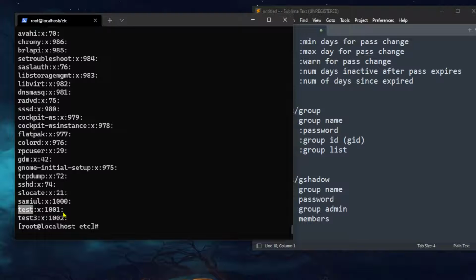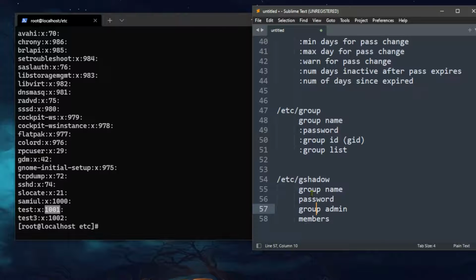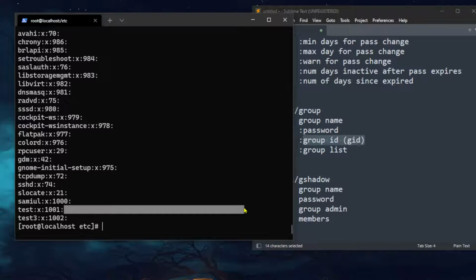But you can tweak the system security a little bit better. You can fine-grain the system's security by adding a password to the group. Okay, so you can do that, but most system admins do not add passwords to the groups. Okay, so there is x, and then this is the group ID, and then this is the list of users that belong to that group. All right, then